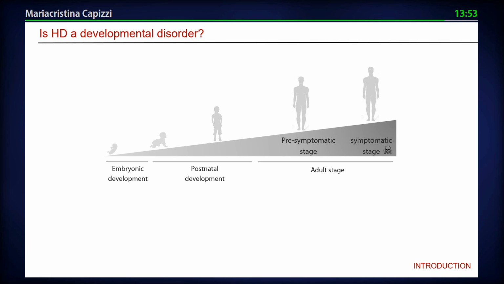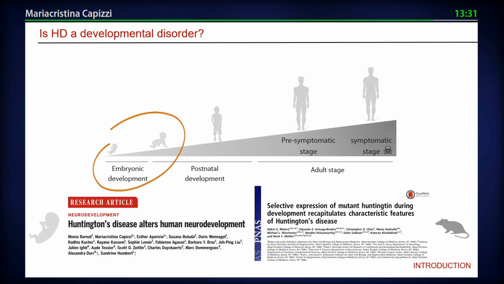So Huntington disease is an adult disorder caused by a mutation in the Huntington gene. The Huntington protein is expressed since the beginning of development. This means that HD fetuses are exposed to the toxic function of the protein since the beginning of their formation. Recently, it has been shown in my lab that HD fetuses have abnormal cortical development already at the 13th gestational week. And the overexpression of mutant Huntington in wild-type embryos was enough to recapitulate in adult stages